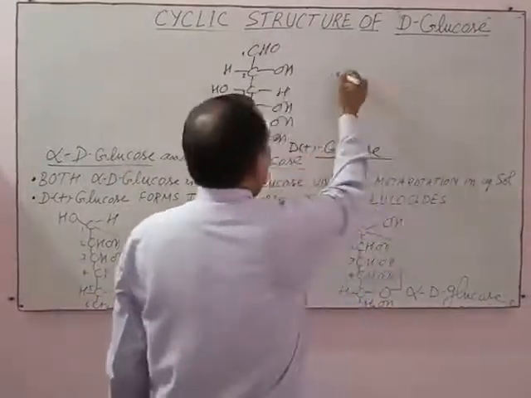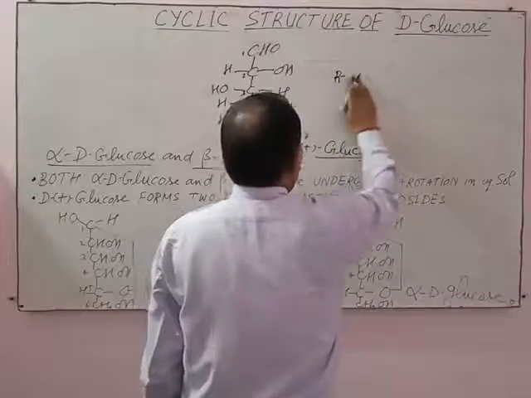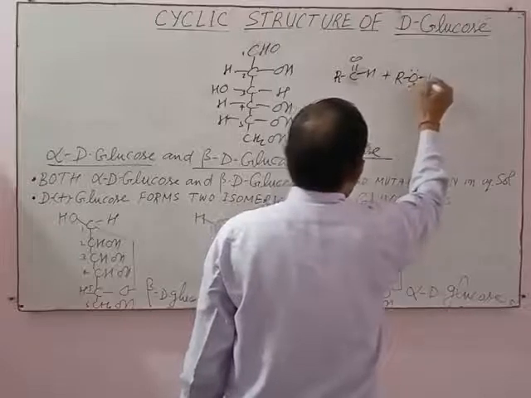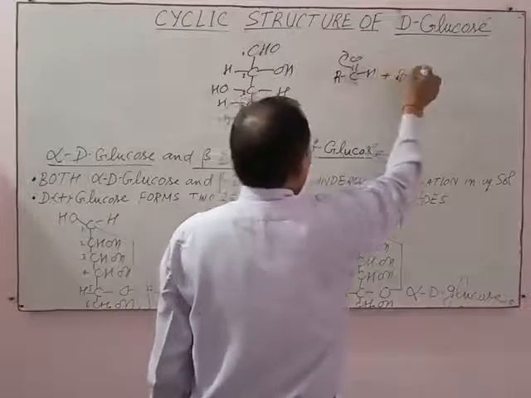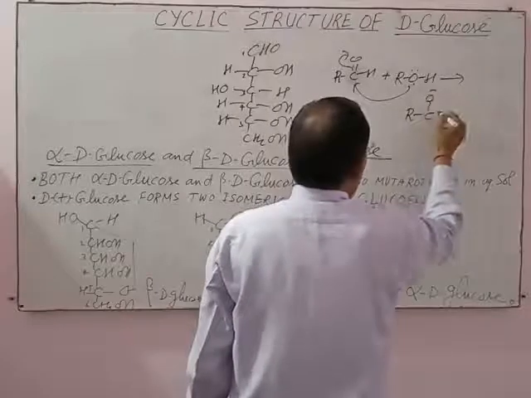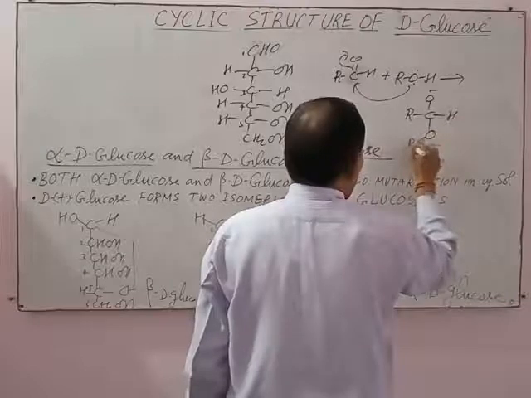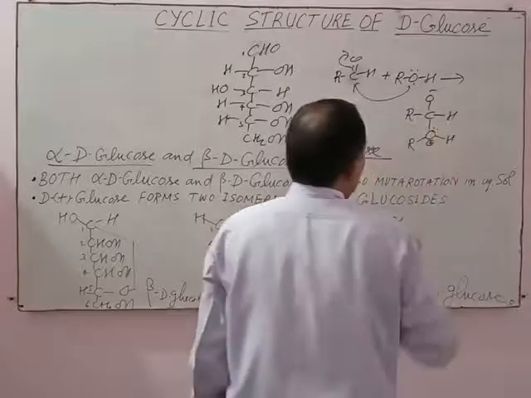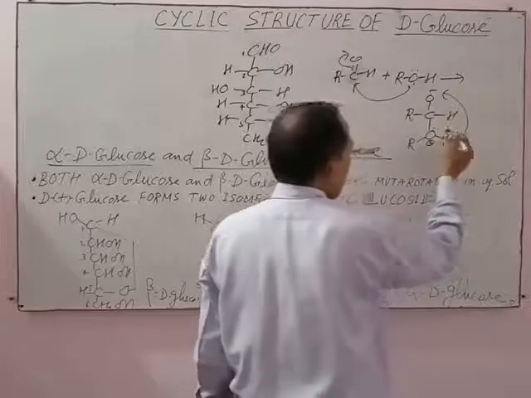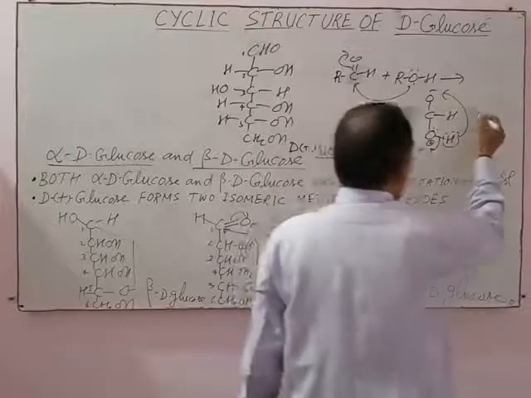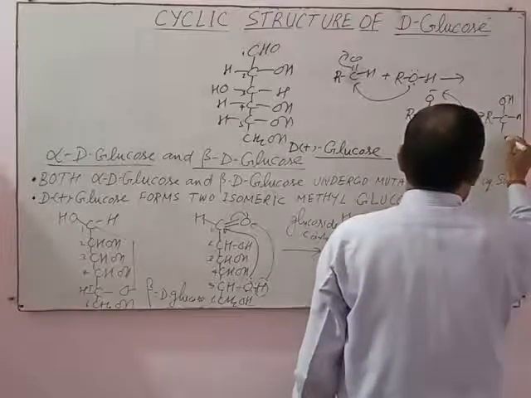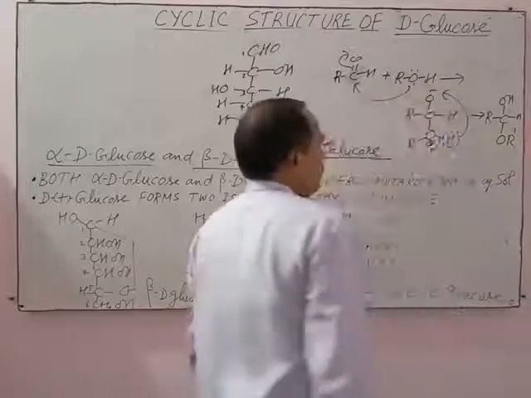For example, this is an aldehyde, CHO. When the aldehyde reacts with an alcohol, ROH, the reaction takes place at the carbonyl carbon and O negative, H O R H plus is formed, and this hydrogen goes to the carbonyl oxygen and it becomes hemiacetal, OH H O R. This is hemiacetal.